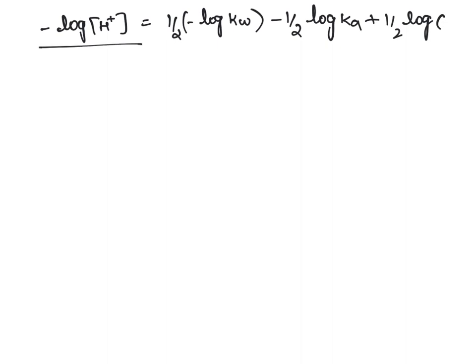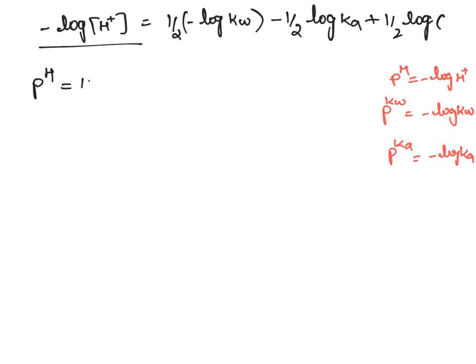So here minus log H plus, and we know that pH equal to minus log H plus. So I can substitute. Similarly, pKw equal to minus log Kw, and pKa is minus log Ka. So if I substitute in the above expression, here it is pH, minus log H plus equal to 1 by 2 minus log Kw. I can write pKw